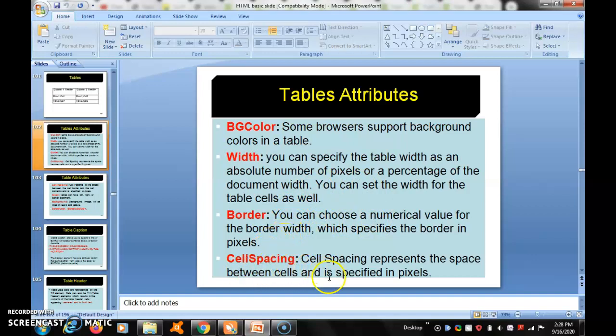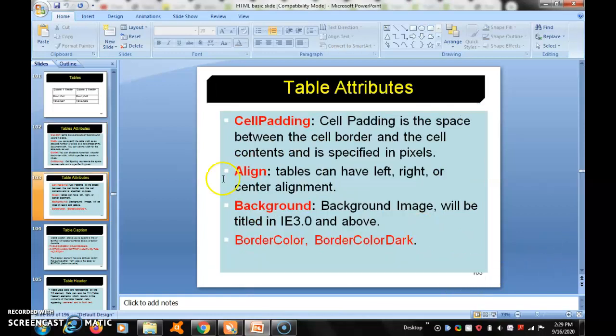Cell spacing represents the space between the cells and it is specified in pixels. Table attribute cell padding: cell padding is the space between the cell border and the cell content, and it is specified in pixels. Align, you can left, right, center align. Background images you can link using the SRC attribute. Border color also you can give.